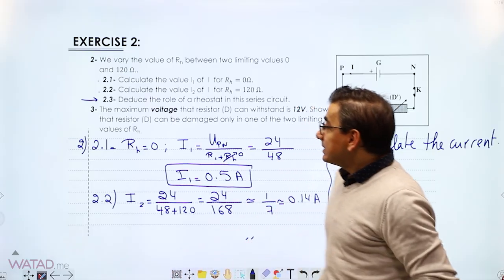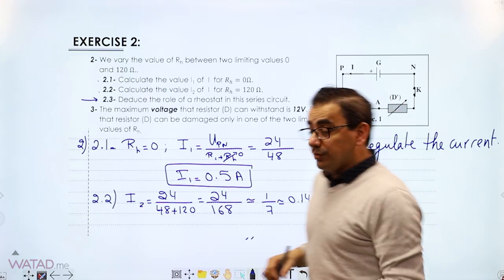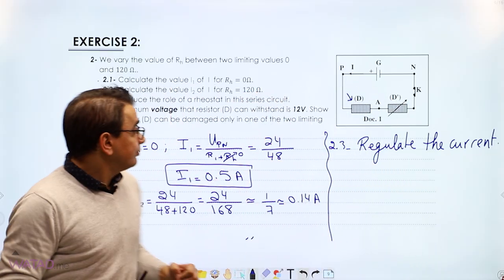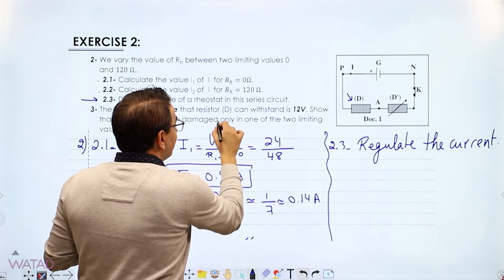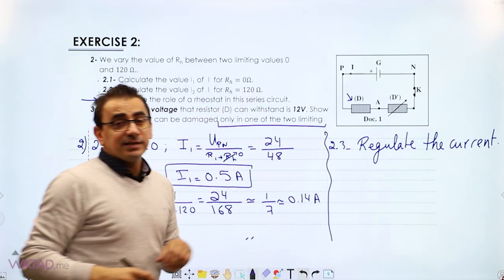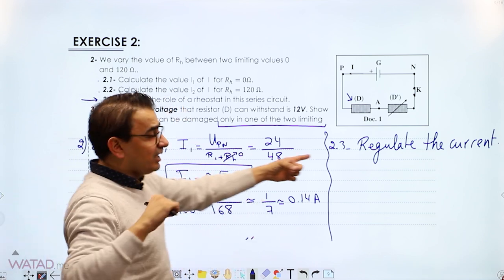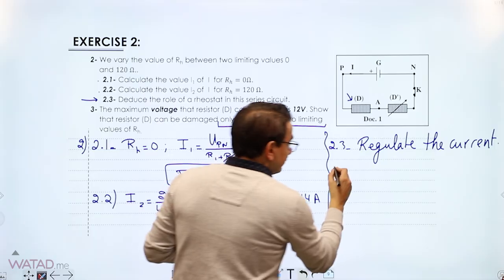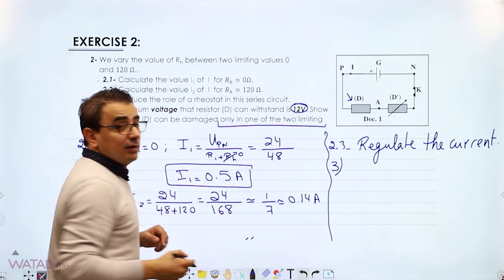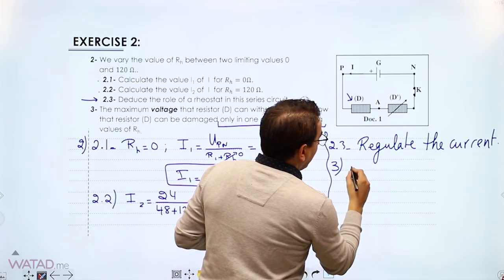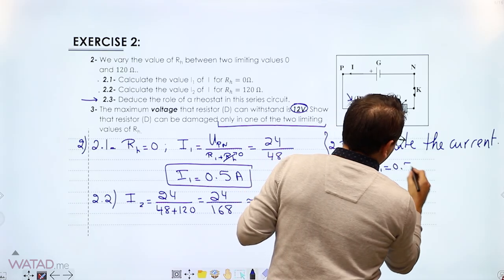Now, part 3. The maximum voltage that resistor D can withstand is 12 volts. Show that the resistor D can be damaged only in one of the two limiting cases. It can be damaged. So here, if you have calculated the voltage in part 2, 3, it's great. If not, I'm given a condition about voltage here. Where is it? 12 volts. So first of all, for I1 equals 0.5 amperes,